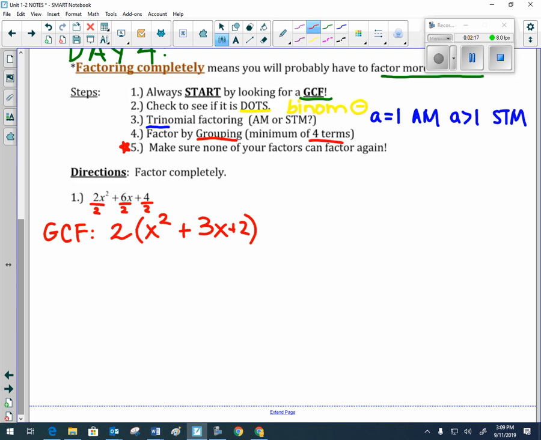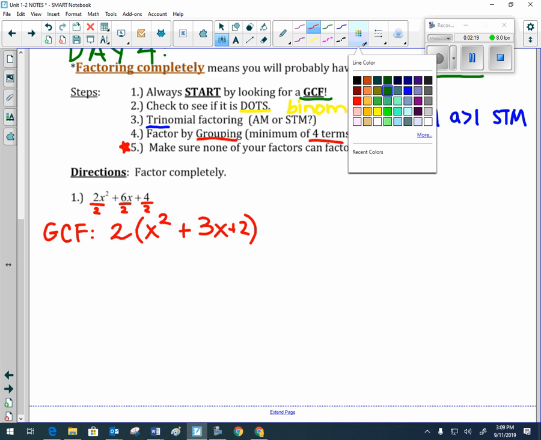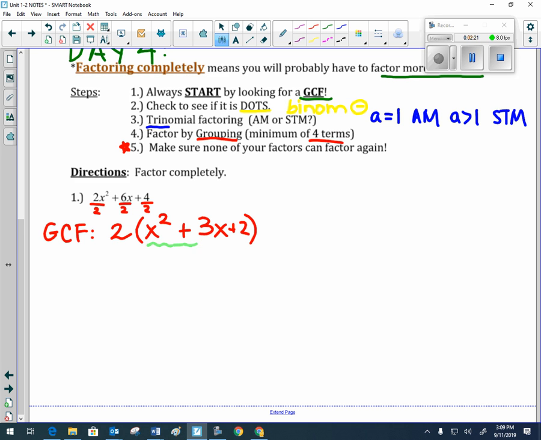When I get to that point, again, I'm always checking to see if what's in my parentheses can be factored further. And what I notice is that that is a trinomial in the parentheses. And I will say that because there's a 1 in front of the x squared, this will be an add multiply type of question. So over here, I'm doing trinomial factoring, and I'm doing the add multiply kind, which means